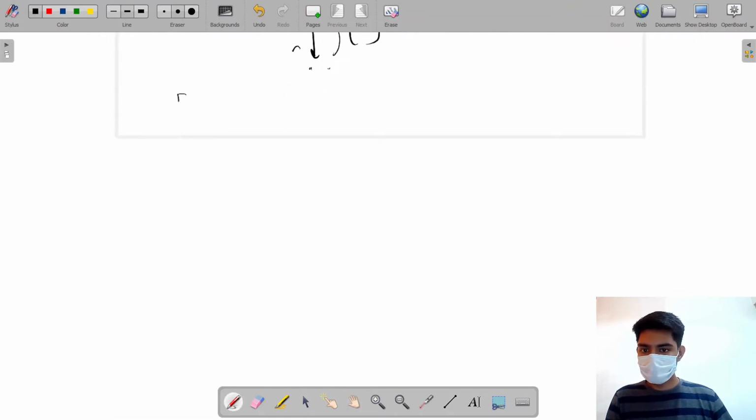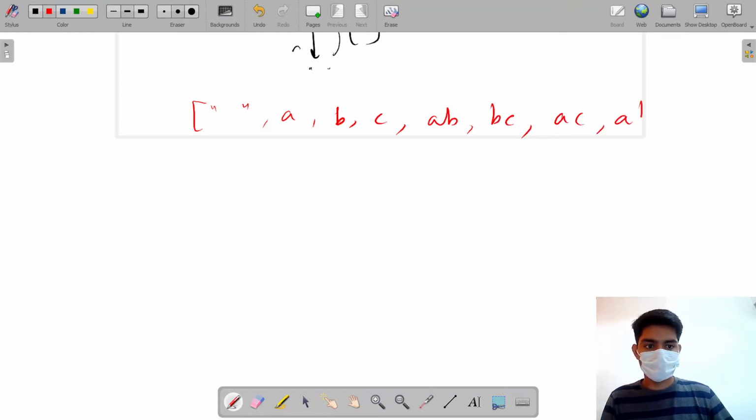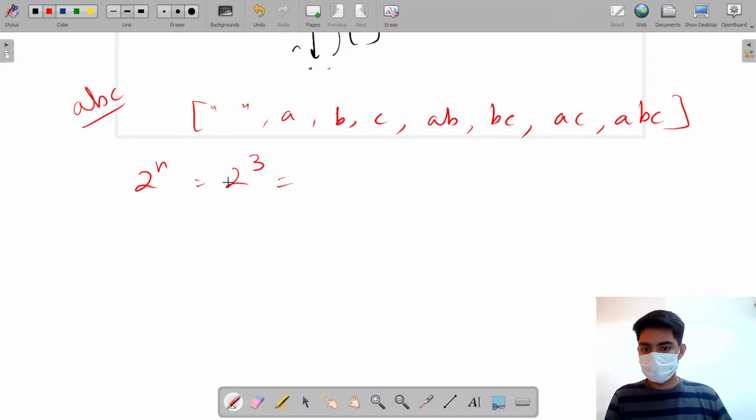In this subsequence, we have 2 to the power n subsequences, right? So if I have ABC and my string length is 3, I will have 2 to the power 3 subsequences, which is 8.